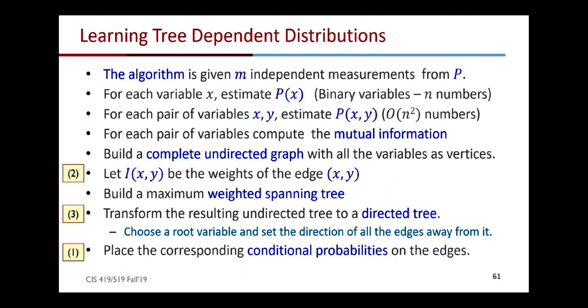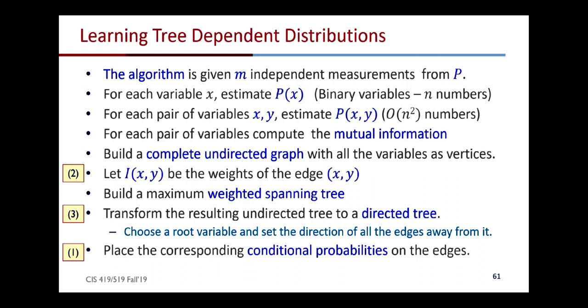One is, at least in the order that I have here, why did I place the conditional probabilities on the trees? I already have some numbers there, right? Mutual information. Why won't I use this, or any other number? So basically, how do I solve the learning-the-numbers problem once I have the structure? And I solved it in one here by placing the corresponding conditional probabilities from the data on the edges. And I'm claiming that that's the best thing to do. Two,